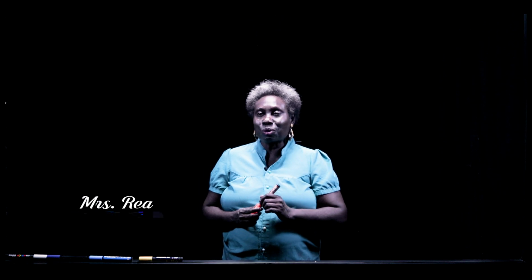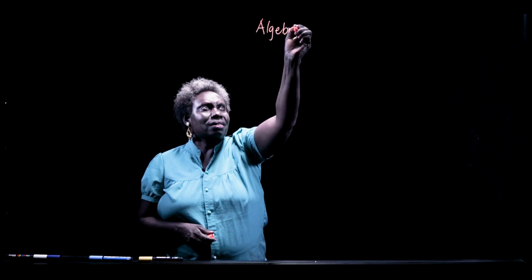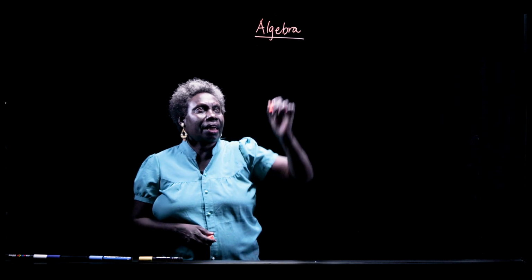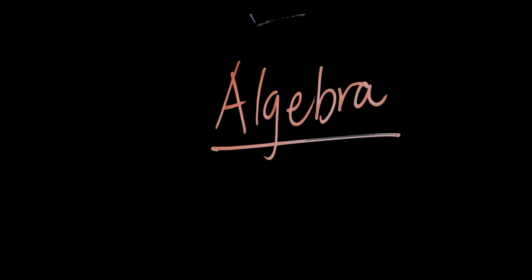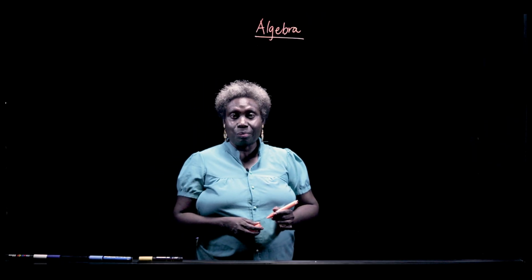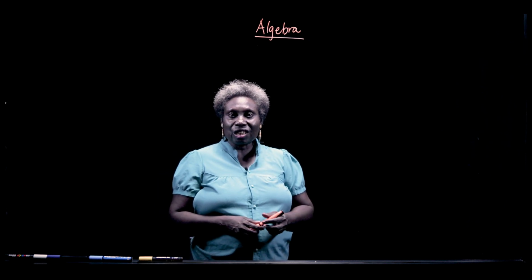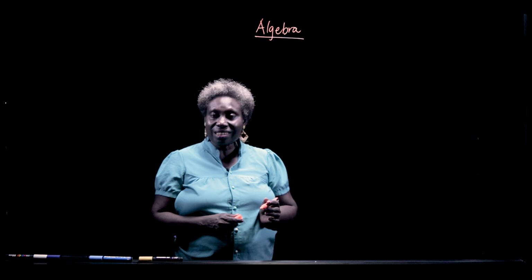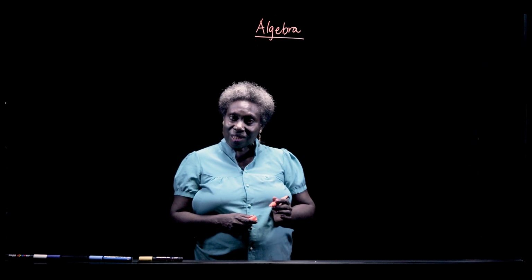Okay, in term 2 we have looked at geometry. Now in term 3 we are going to look at algebra. What is algebra? Algebra is an Arabic word which means reunion of broken parts. In fact, it is a branch in mathematics that uses a combination of constants, which are numbers, and variables, which are